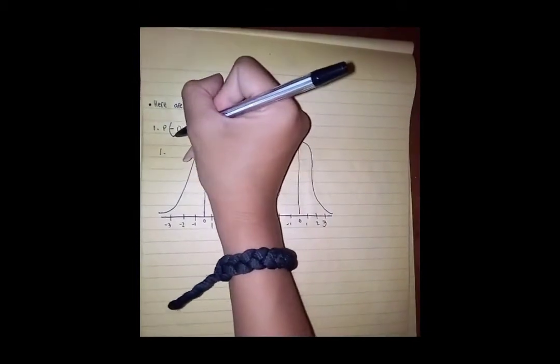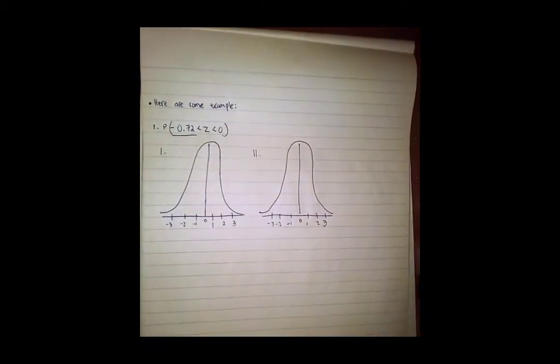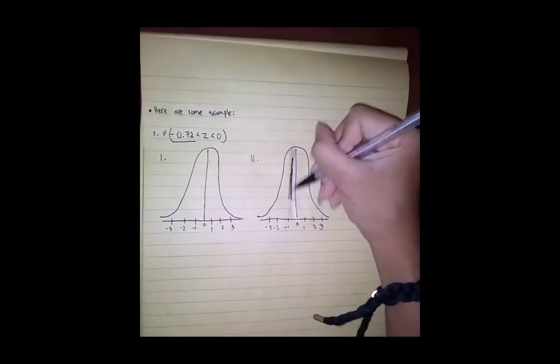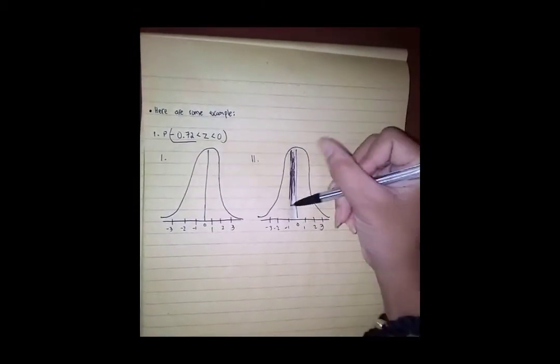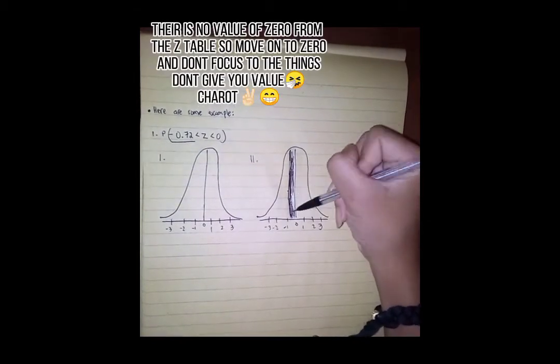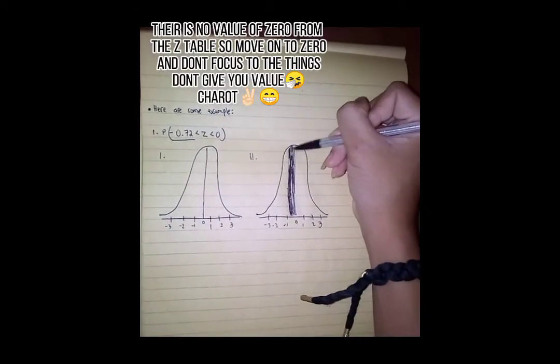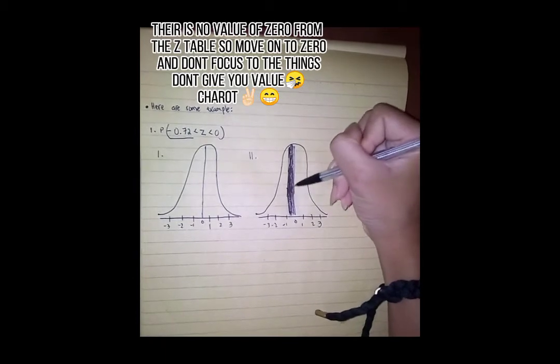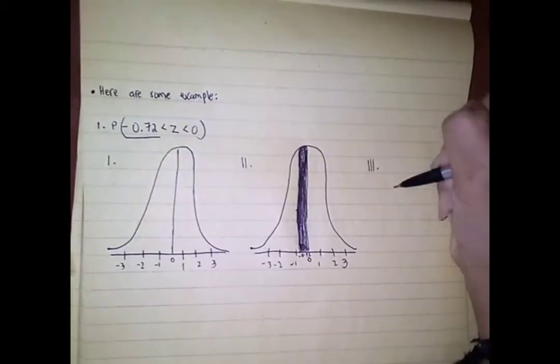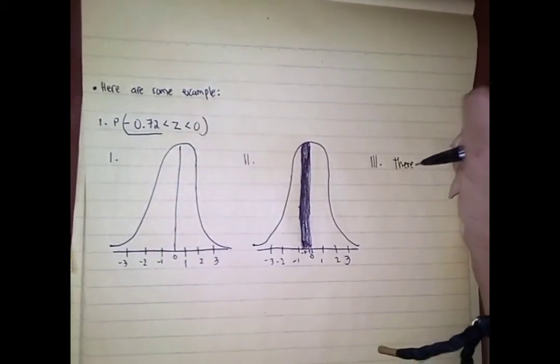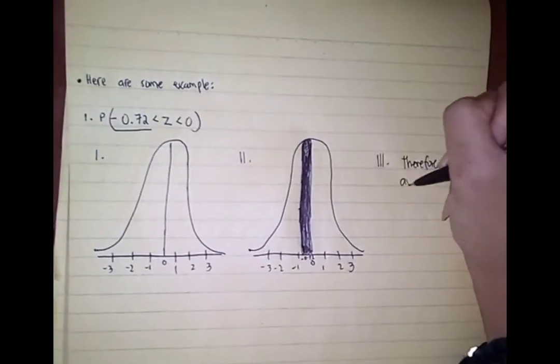And you will shade the appropriate region, which is the negative 0.72. Since the positive region is 0, you don't need to shade the positive region. And the third step is you will write the answer. Therefore, the answer is